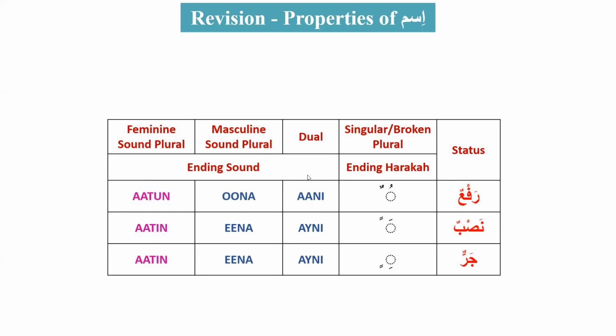And if it is a broken plural, you see, I have listed them with singular now. So broken plurals, they are plural for sure, but they don't have ending sounds like una, ina, or atun or atin. So for determining their status, we will treat them as if they were singular. So we will use the same method as we use for singular words to determine the status. That's one thing. The other thing,